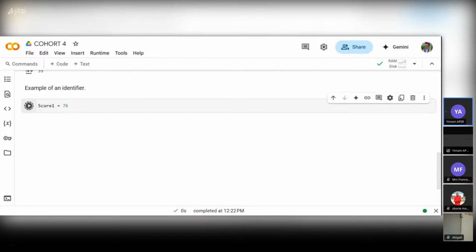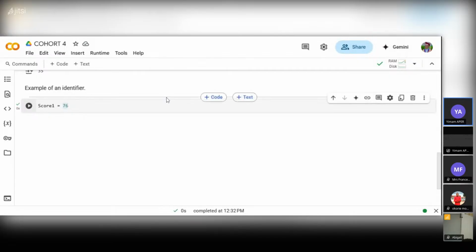Good. So score1 is serving as an identifier. 76 here is serving as a data value. And then I also would like you to understand that